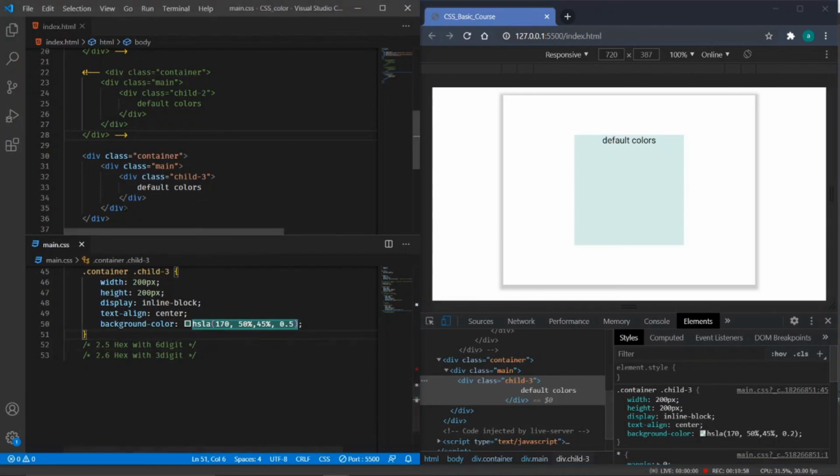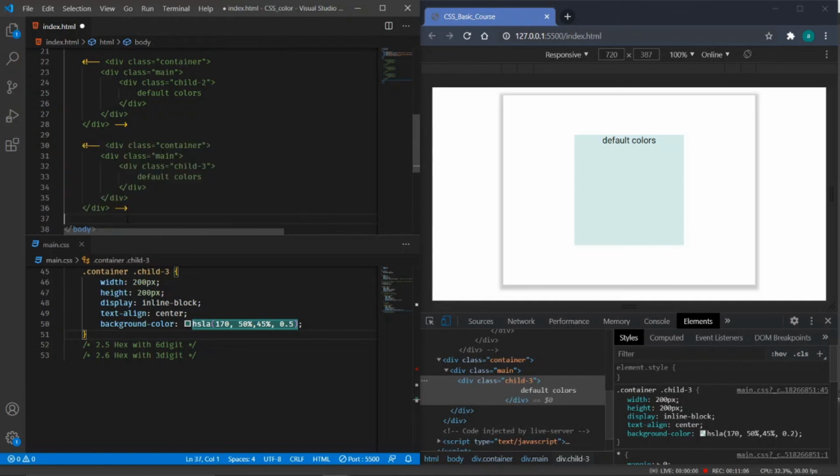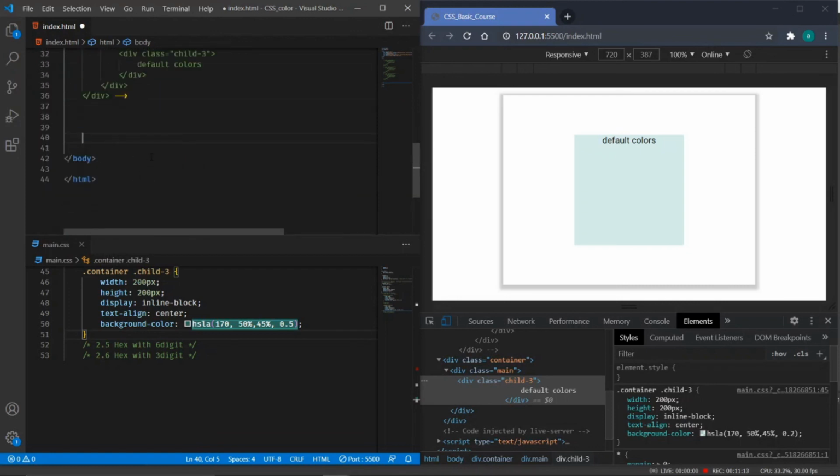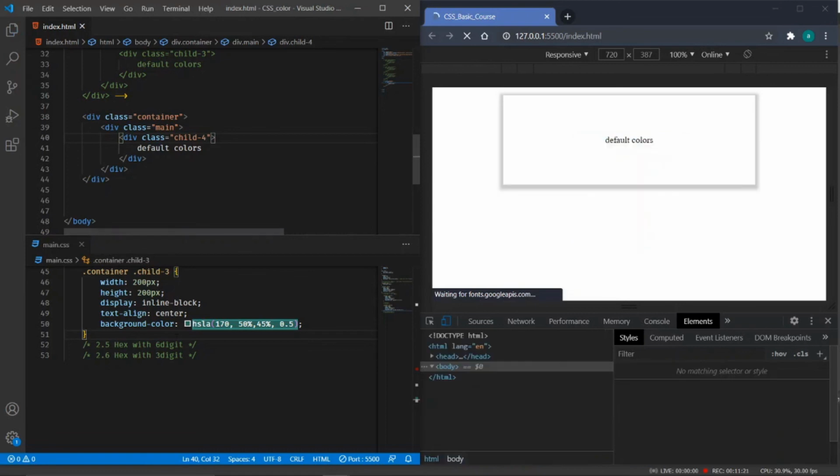Hope you understand this. Moving forward with the hexadecimal color system, I will just comment this out. Okay, so we will target child 4.